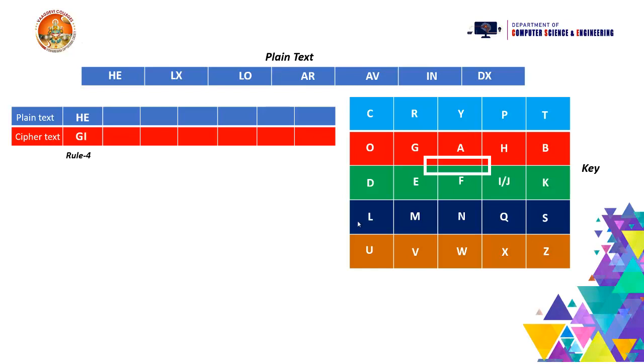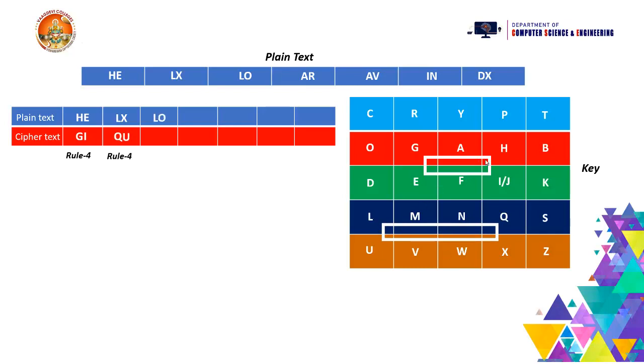The same way, encrypt the next pair L and X. Verify L and X in the key sequence. L is here and X is here. So both letters are in different row and different column. Again rule 4 is applied here. That's why L is going to be replaced with Q and X is going to be replaced with